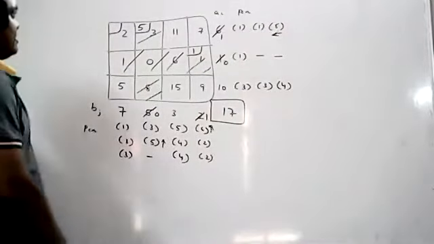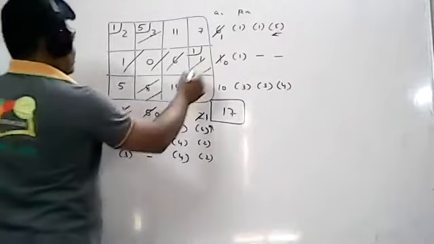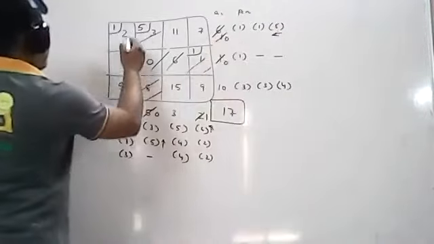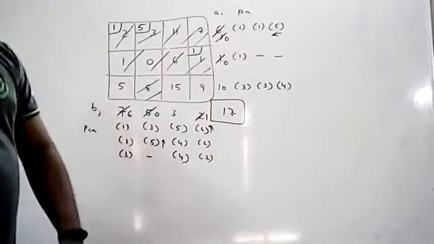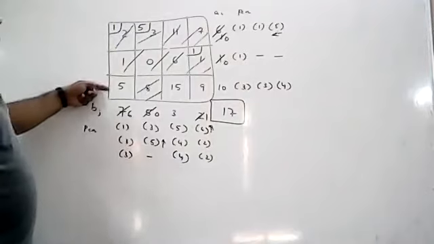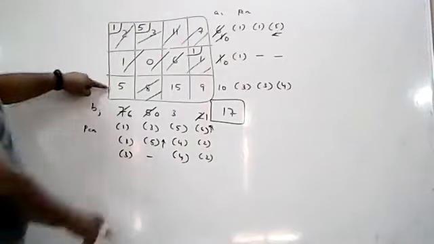Next allocation is made here. So 1, 7. The minimum element is 1. 7 minus 1 is 6. 1 minus 1 is 0. Now 0 is on the row side. Cross the entire row. You have to repeat the procedure until you get a single row or single column. Now I got a single row. Both the rows are cancelled. So a single row I got. Stop the procedure.